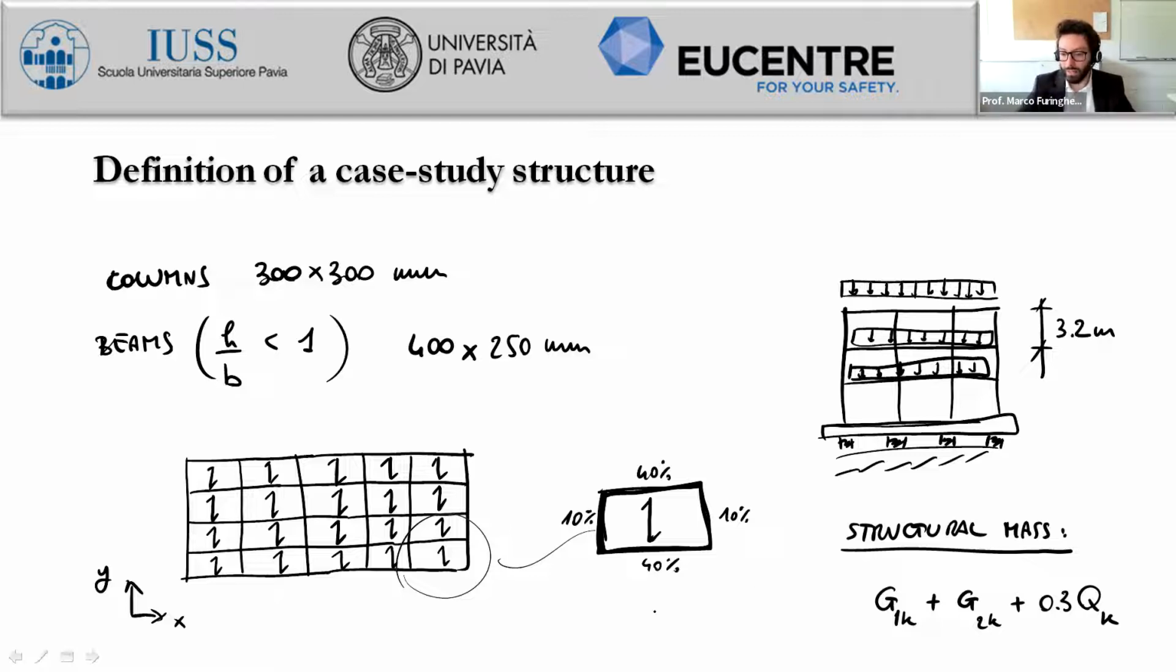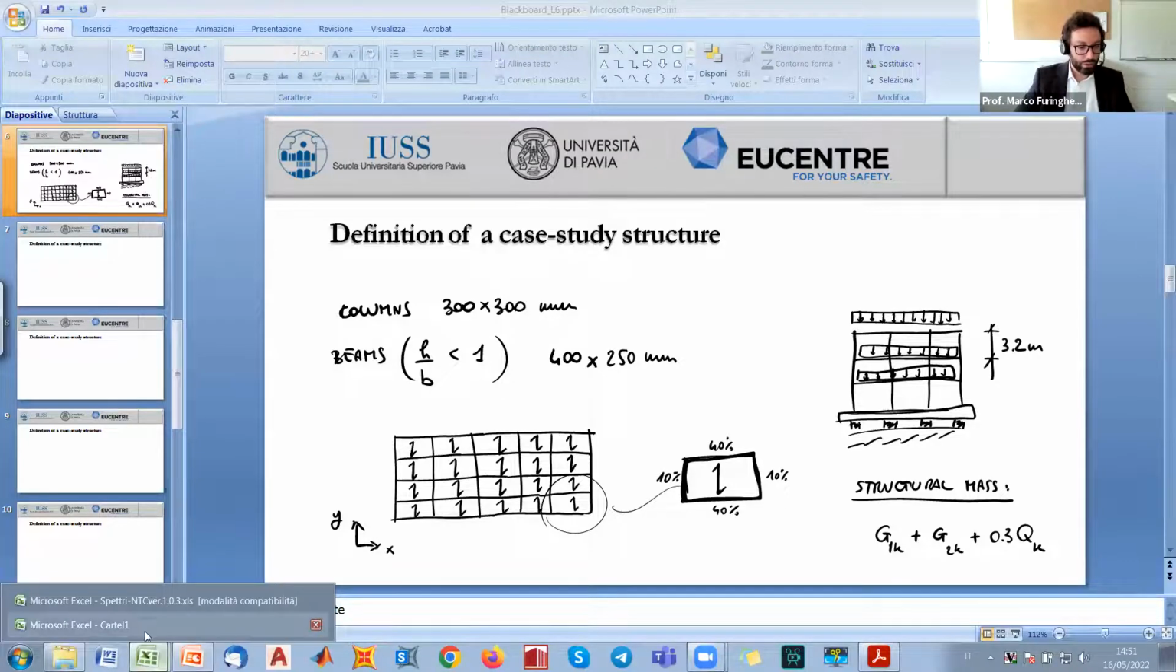We have to keep in mind this G1K is represented by both the frame and the plate masses together with also the structural mass coming from the G1K of the flooring system. G2K is directly related to the non-structural permanent external loads related to the flooring system, and the QK is just the live load defined according to the residential building typology. Okay, so now we have to compute